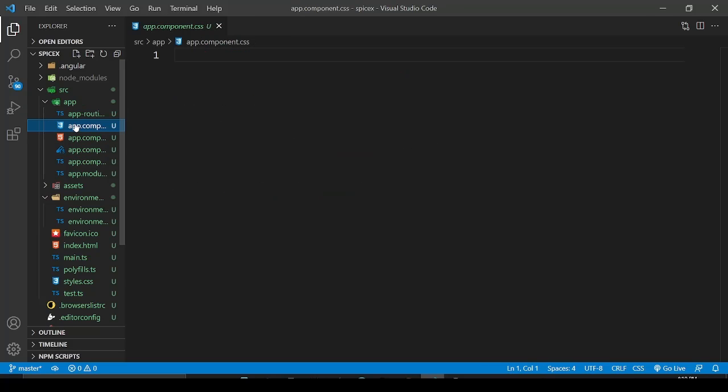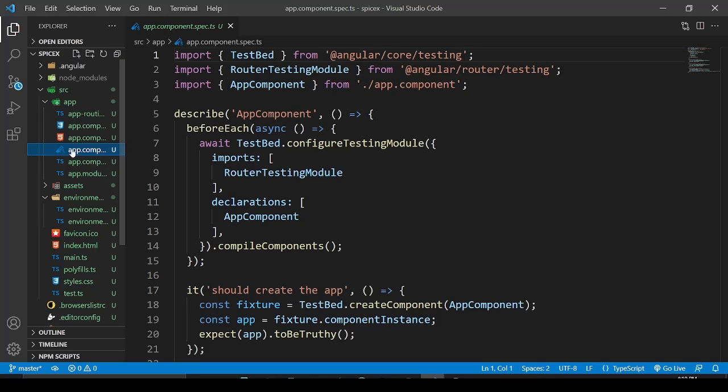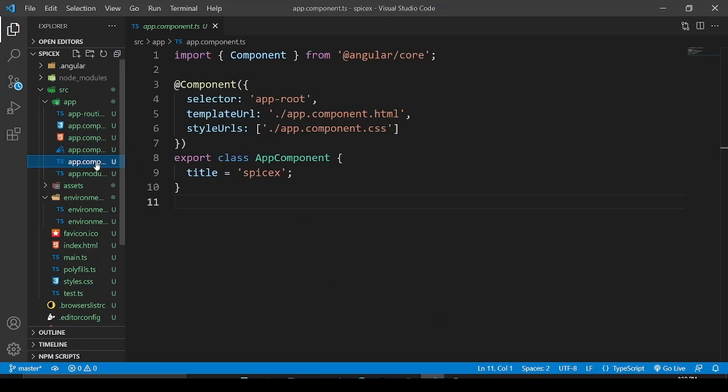Now we'll see this app.component.ts file. App.component.ts defines the logic for the application's root component, named AppComponent. As you can see, this one is the app component. It defines the logic for the application's root component.